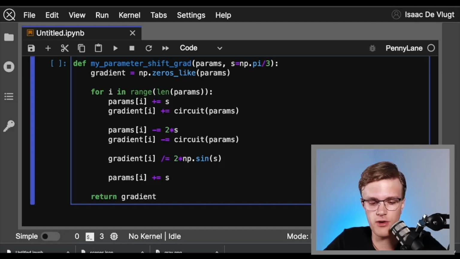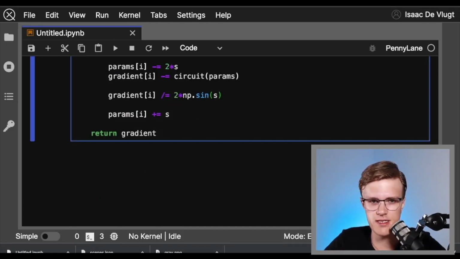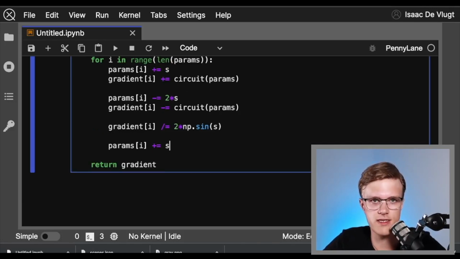We loop over our parameters, we shift our parameters in the positive direction first, and we evaluate our circuit at that positively shifted parameter. Next, we shift our parameters by minus s and evaluate our circuit at that shifted parameter. The factor we divide by is a little different. Here it's 2 times the sine of our shift value, s. And then lastly, we just have to reset our parameter like we did before with the finite difference differentiation function. We've shifted it by plus s, then minus 2s, bringing us to a total of minus s, and we just have to undo that. Doing this for every parameter gives us the gradient of our quantum circuit,